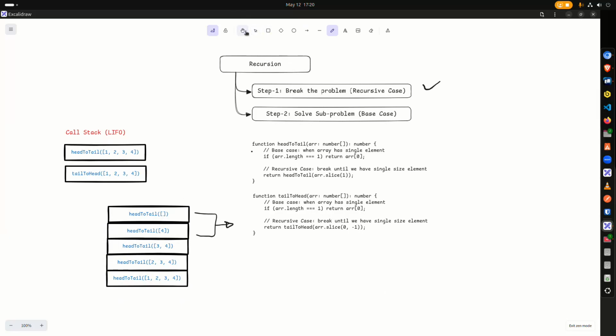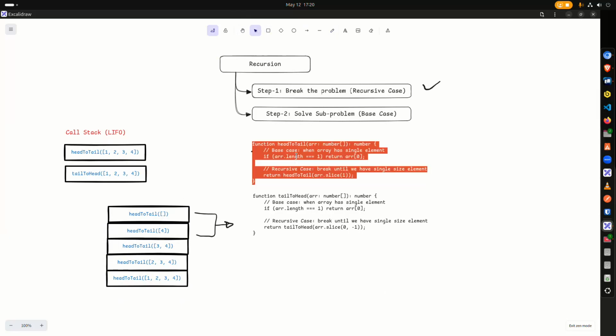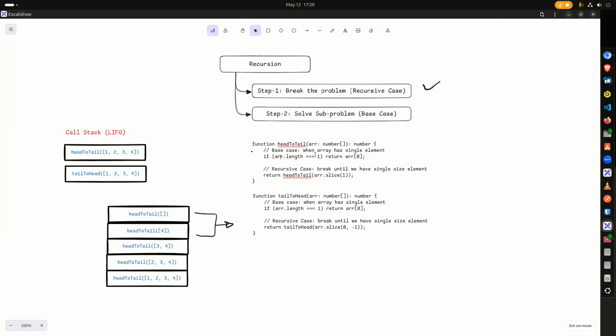So for example, if you look at this code here, when array length becomes 1, or I can say less than or equal to 1, I can return the same array. So this will take care of both of these base cases. So what happens is, the first time it calls 1 2 3 4, removes 1, calls 2 3 4, removes 2, calls 3 4, and then 4 and 4. And at this point,